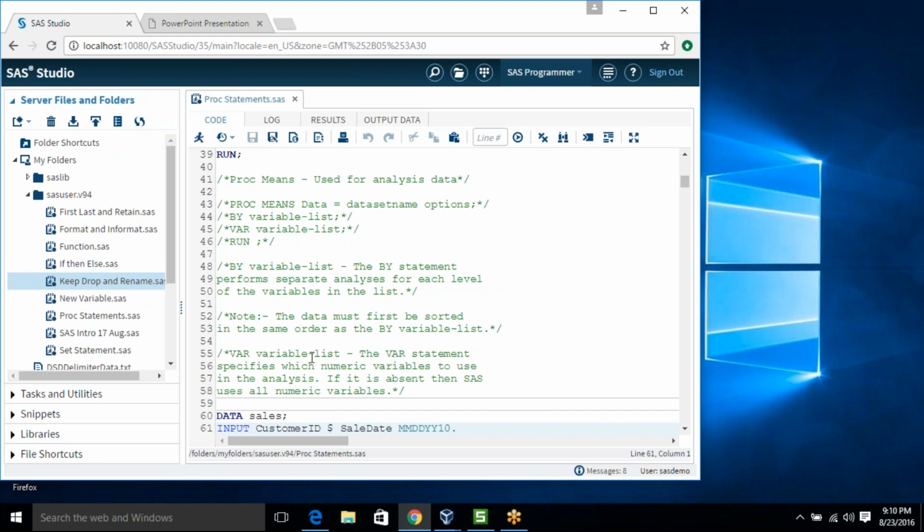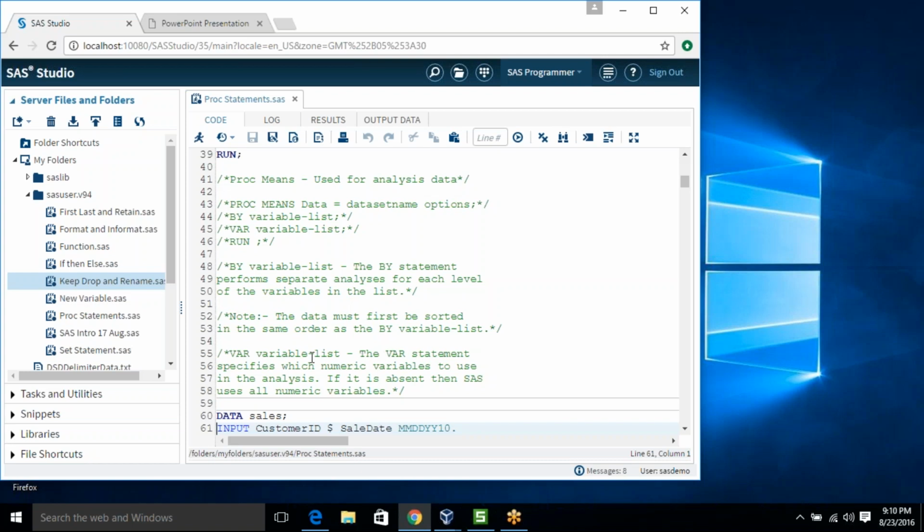So basically we use proc means when we have to do any analysis at column level. If you want to see the maximum value of a column, minimum value, standard deviation, count, missing count, then we use proc means.